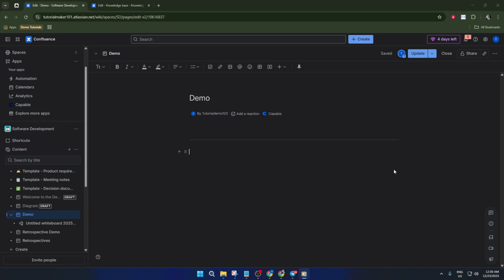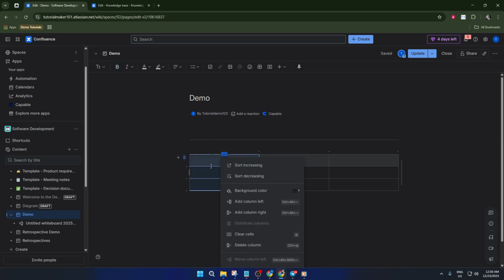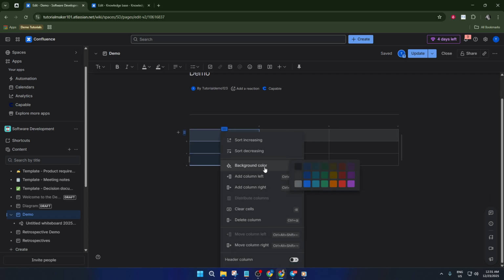Let's dive right in. First up, let's cover the standard way to add colors to your tables. If you've got a table already set up on your Confluence page, simply click inside any cell you want to color. If you want to select several cells, no problem, just drag to select the ones you want, or for whole rows or columns, click just to the left or above to highlight the entire area. This is great if you want to emphasize a headline row, or maybe separate out a column of totals. Remember, highlighting parts of your table like this can make your information much more readable, like using a highlighter in